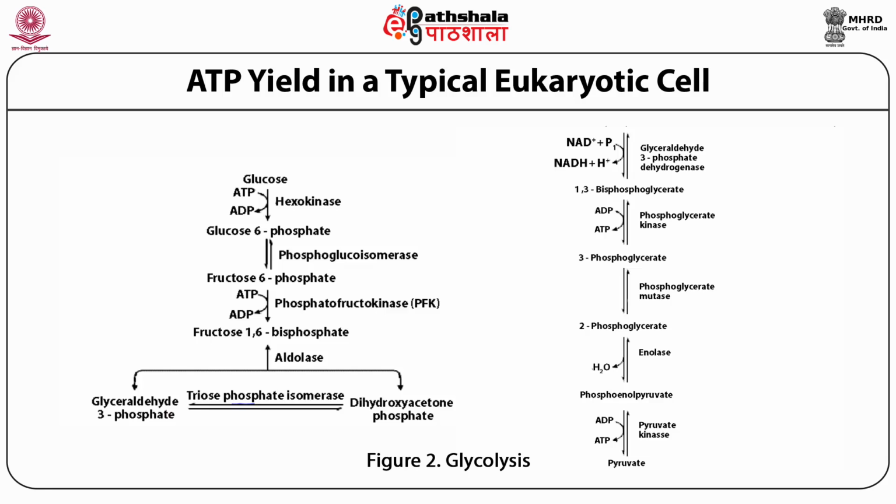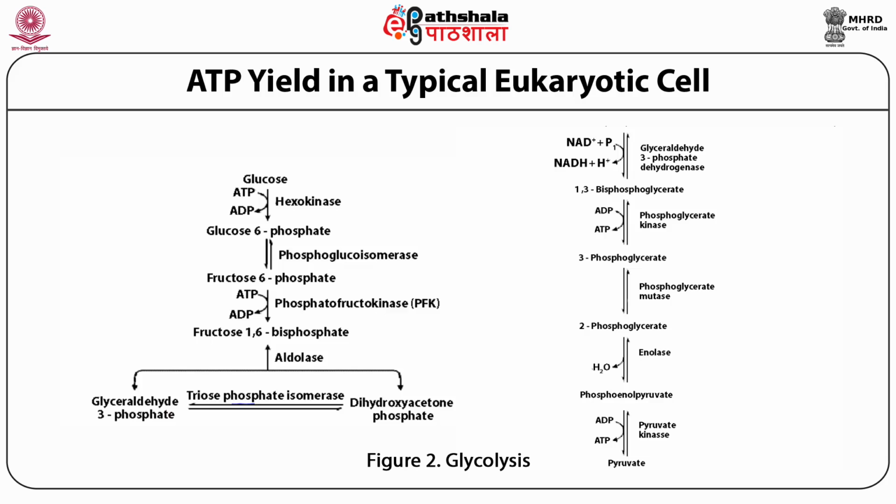Although some energy is obtained from the breakdown of glucose to pyruvate by the pathway which is known as glycolysis. Glycolysis involves the conversion of glucose to glucose 6-phosphate. This glucose 6-phosphate is getting converted into fructose 6-phosphate. This fructose 6-phosphate will be converted into fructose 1,6-bisphosphate by the enzyme phosphofructokinase.